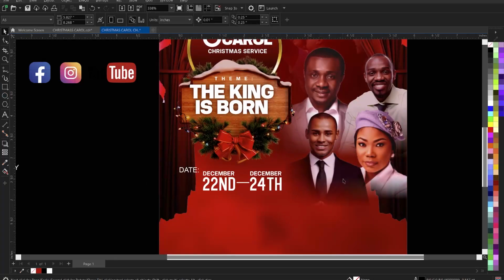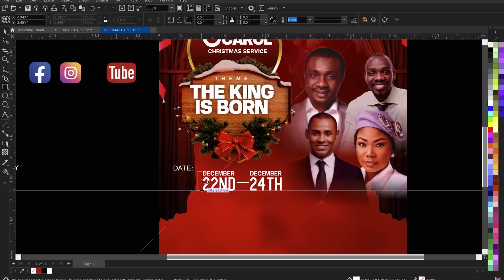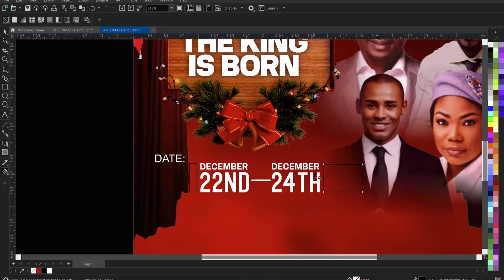So we are going to still reduce this because we have to put live here. It's a live program, so we have to include it. So let's draw a box like this and draw like this, right? And then draw this like this, right? And then we are going to come to our interactive fill tool and then drag this way,